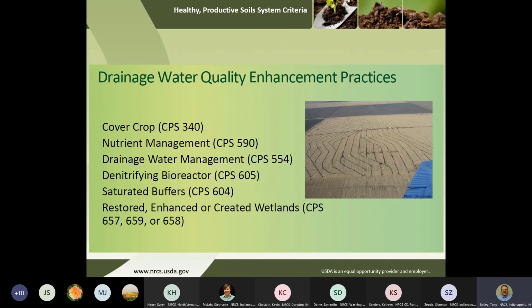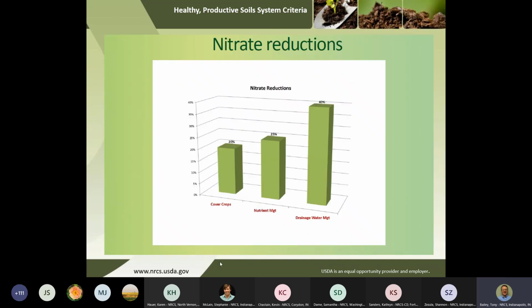A variety of practices that we can utilize related to improving water quality with drainage. We know cover crops do a nice job, nutrient management, drainage water management. Then there's a few other engineering practices here. We'll talk about all these a little bit. So when we look at all of these, they all have different impacts related to nitrate reductions. And of course, with all of these, the answer is going to be it depends